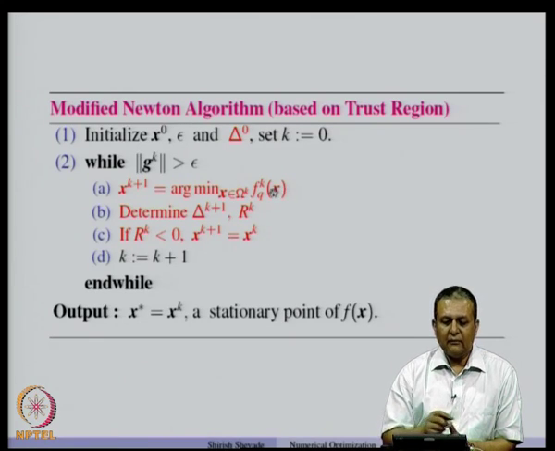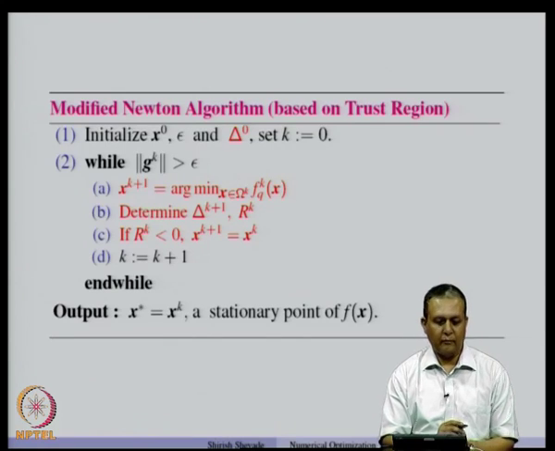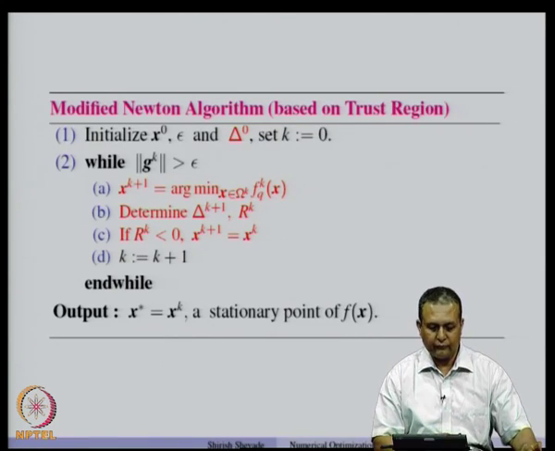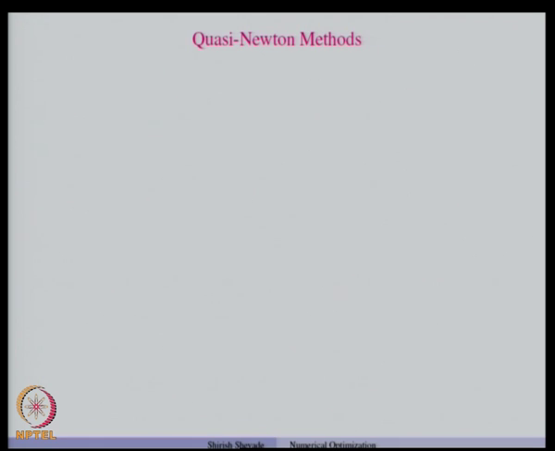The second approach that we saw here, the trust region based approach, makes sure that the maximum step is taken if the approximation is good. In other words, the region of trust is large; otherwise the region of trust is shrunk, so that we do not overstep. Now, let us look at some modifications of Newton methods.